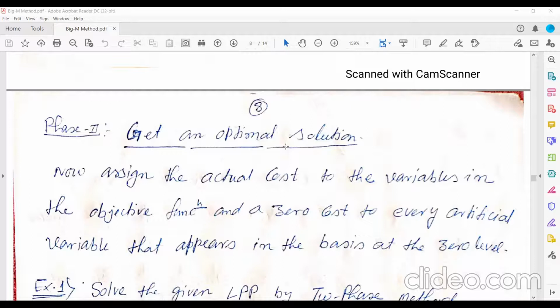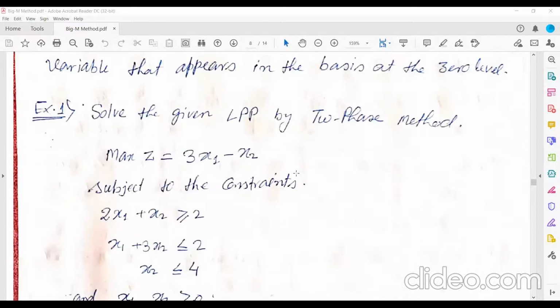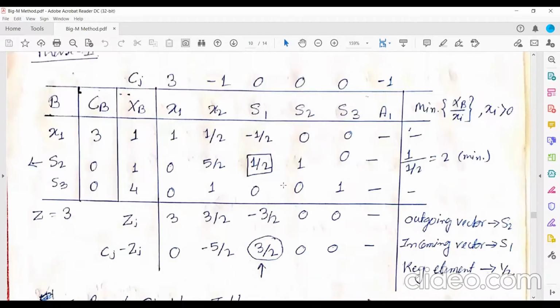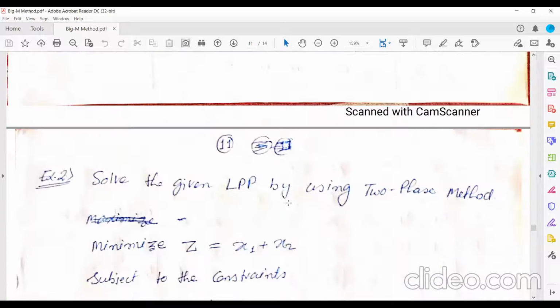Just one modification is required: we assign the actual cost to each variable and zero cost to the artificial variable. Simple. So let's see phase 2 of this problem.